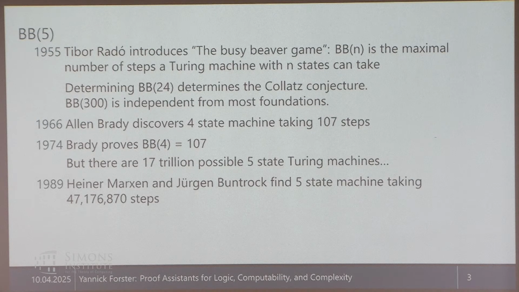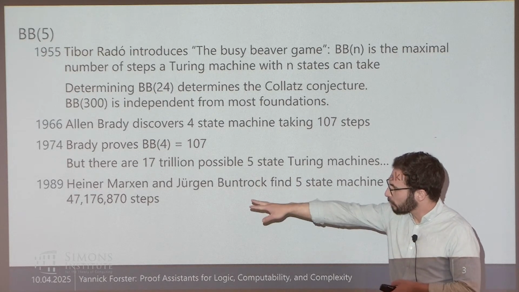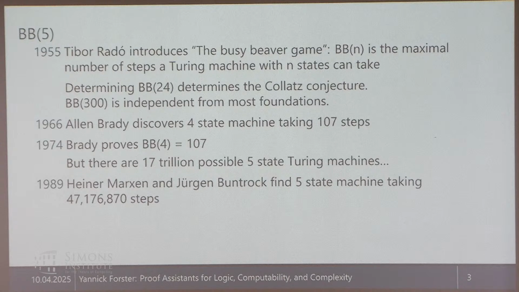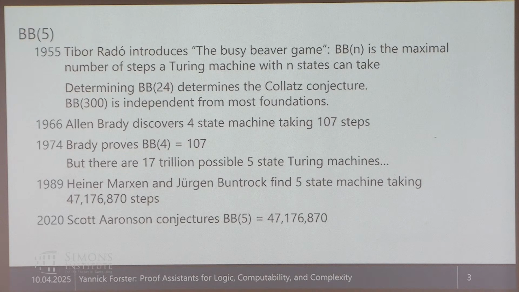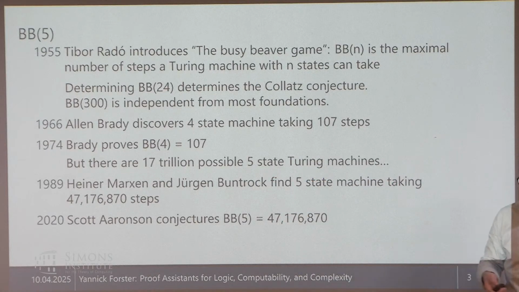For the 5-state machines, there was a thing in Germany where lots of people, mostly I think non-academics, met to play a bit with Turing machines, and they found a Turing machine. Heiner Marxen and Jürgen Buntrock found a Turing machine that takes 47,176,870 steps. This you can verify easily. You write in your favorite programming language a simulator for Turing machines, you write down the Turing machine, you click, and you count, and you get this number of steps. But then the progress was a bit stuck. People tried to find other Turing machines, people tried to do proofs of non-termination for the 17 trillion machines, but that's a lot.